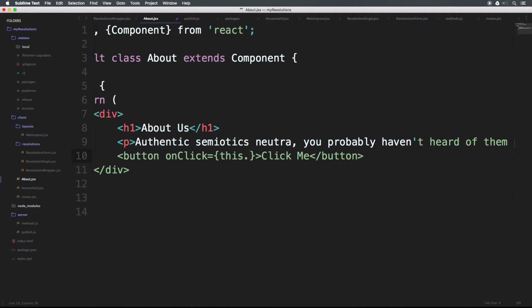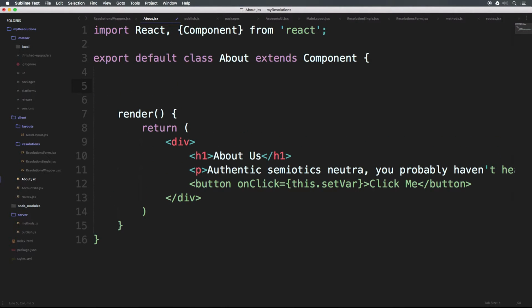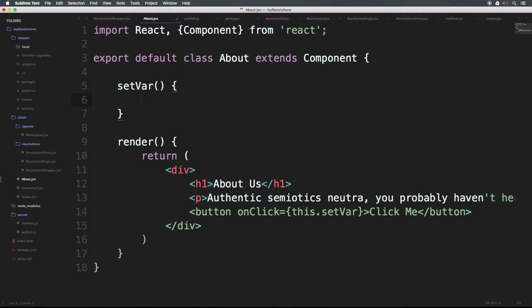Now we can just say set var, and you'll notice that we're not having a dot bind in here, because we're not actually passing this into this function. We're not going to have to be using any sort of context here. We're just simply setting a Meteor session variable. So now we can say set var parentheses brackets, and check it out. We can use Meteor session variable system simply by saying